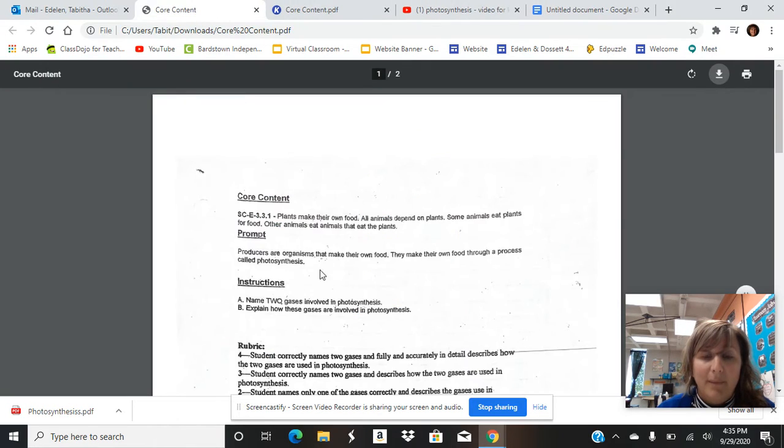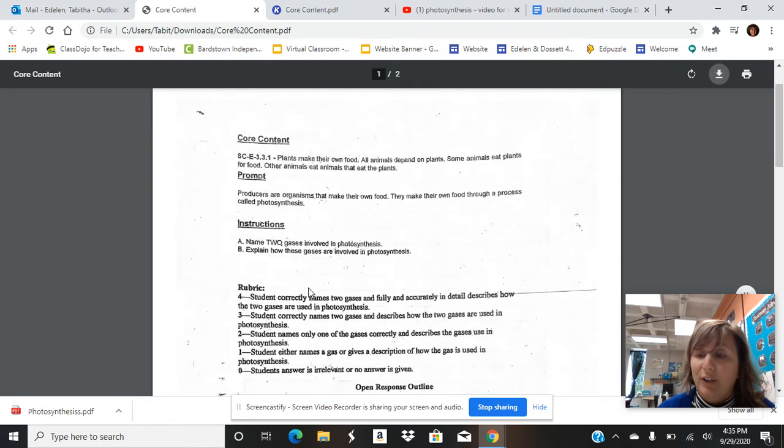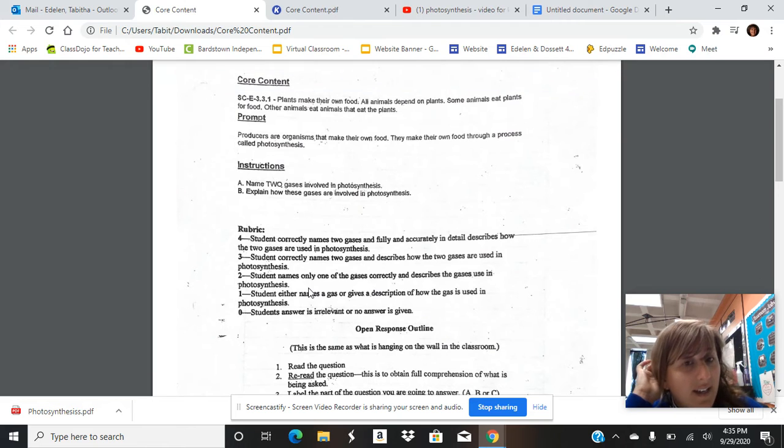Now, your teacher, whoever's with you, is going to give you an ERQ that looks like this. It gives you a prompt. It says producers are organisms that make their own food, which is plants because they make their own food. They make their own food through a process called photosynthesis. Now, you have an ERQ, part A and part B. Part A says name 2